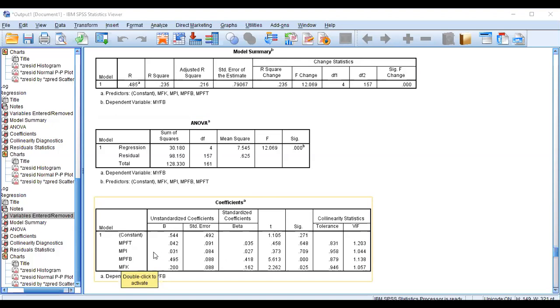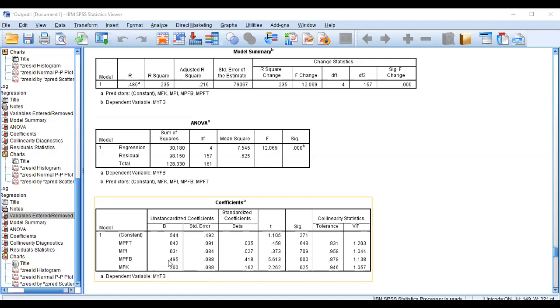Okay, and one more thing, you can see all the values are positive. What if the value of parental financial behavior was found to be negative over here, minus 0.495? Negative sign does not indicate that it is insignificant. Negative sign shows inverse relationship. That means if one variable is increasing, the other will decrease. Now, with the positive sign, it means it has direct relationship. If parental financial behavior increases by this number, financial behavior will also increase.